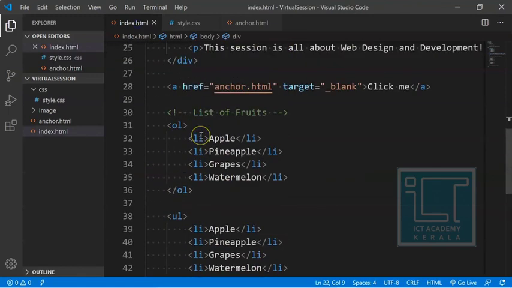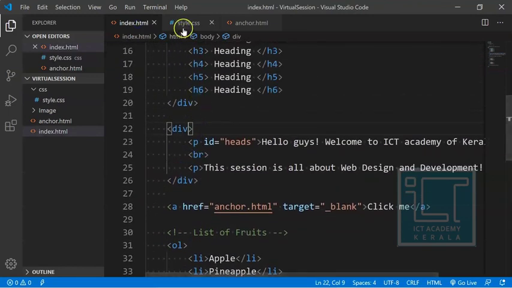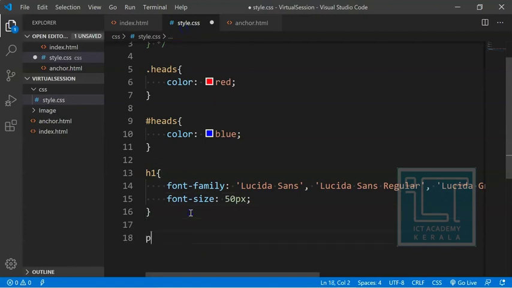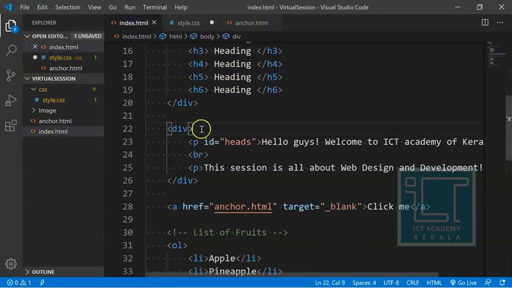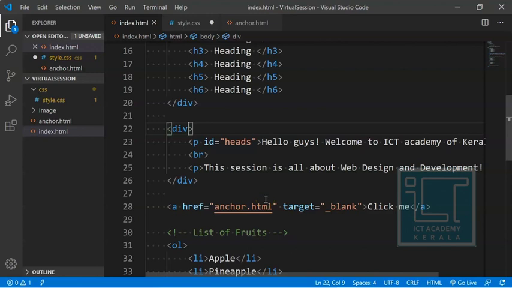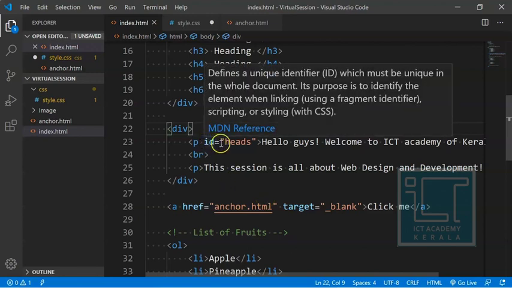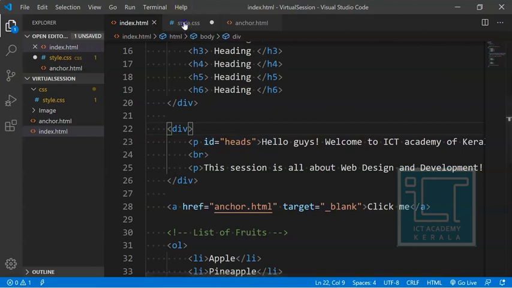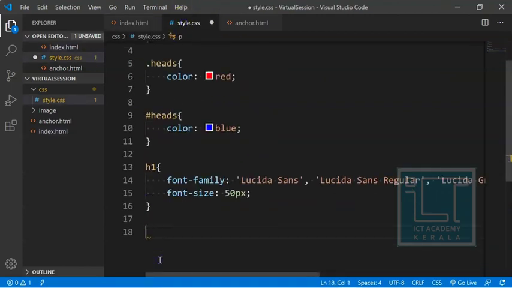Also, for the P tag and others, sometimes there is no bold type, right? If you want to make a particular sentence bold, we can directly call that P tag. But here there are two P tags. If I want to call a particular P tag, I should provide a particular ID, or for a group of P tags it should be a class. This particular P tag has the ID heads. What is the proper way to call an ID element? By giving hash heads. So I am giving hash heads. It has already been mentioned here.